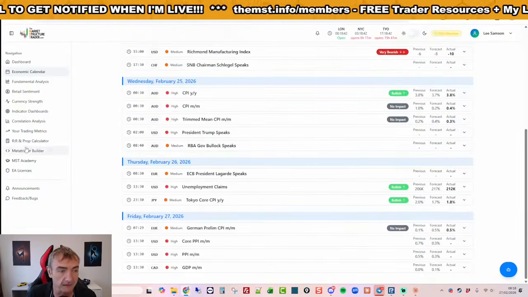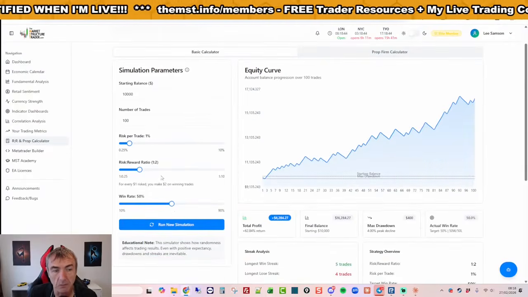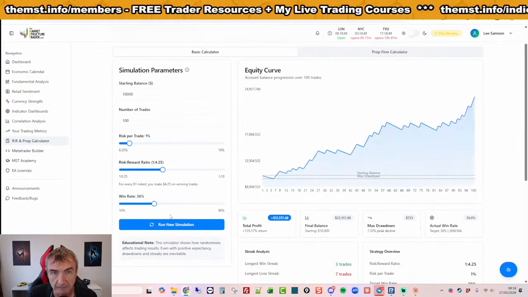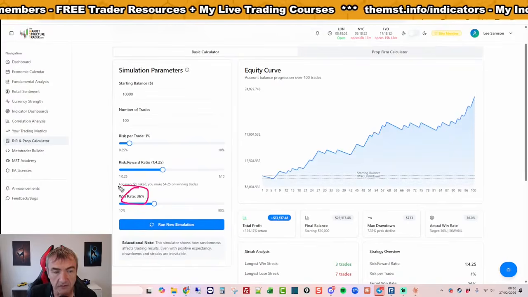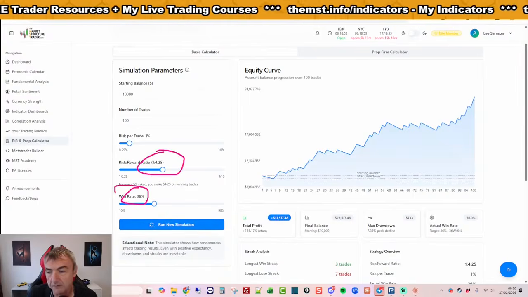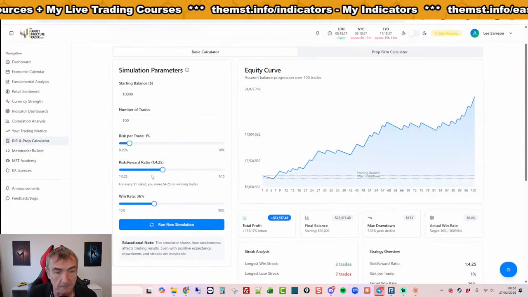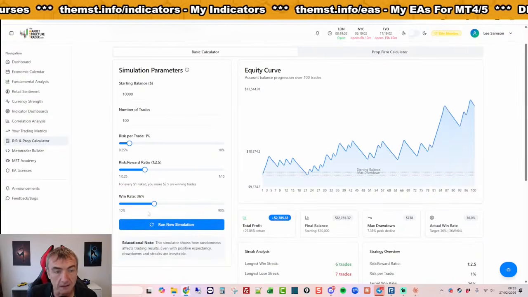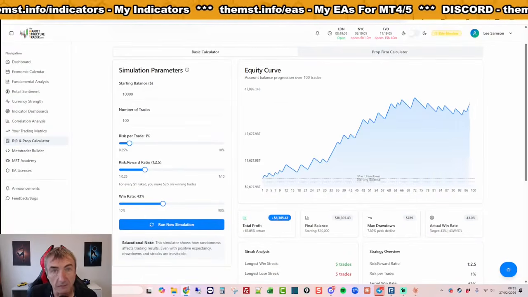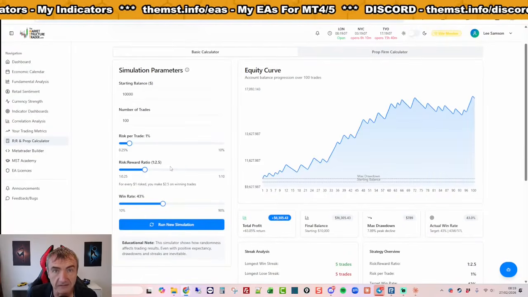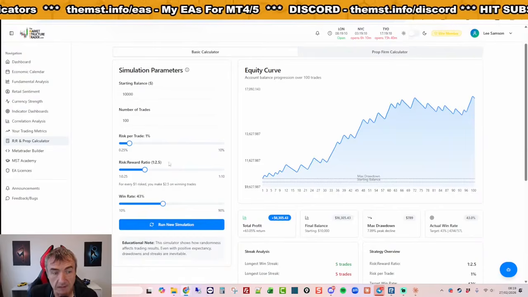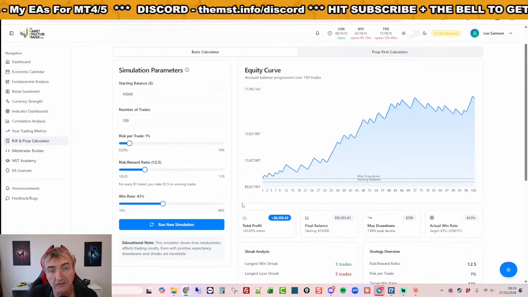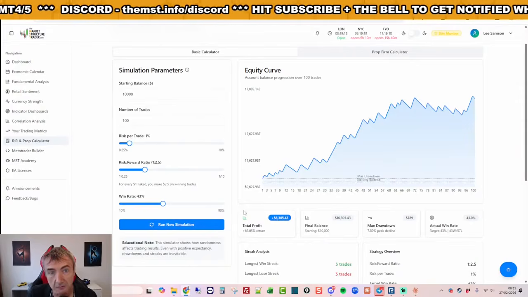Yeah, I keep going on about this over and over again, how important this is in trading. This is the only thing you need to know. Maths, right? If you get a 36% win rate and a 1.4 risk reward ratio, you will make money. If you get a 1.35, you will make money. If you get a 1.25, you will make money. If you get a better strike rate, you'll make more money. This is all it is, maths. This is trading, yeah? You can flip a coin and make money in this market. You don't need to know a strategy, a system, or anything. You just need to know how mathematically to extract money from market movement.